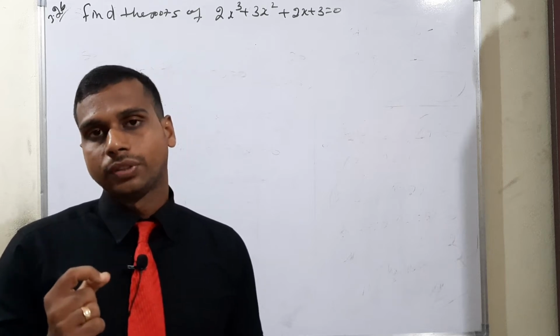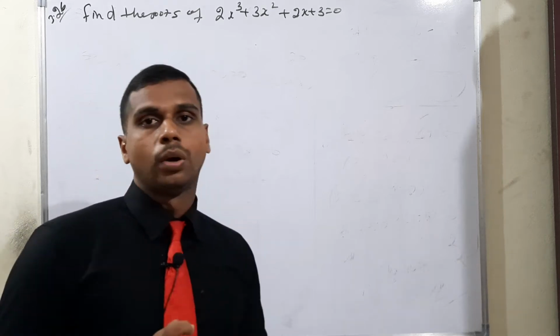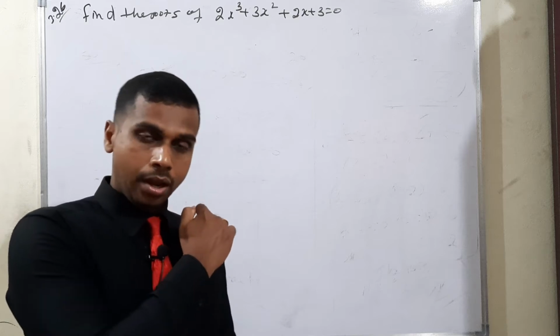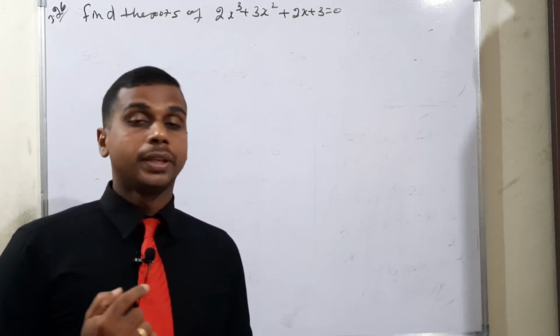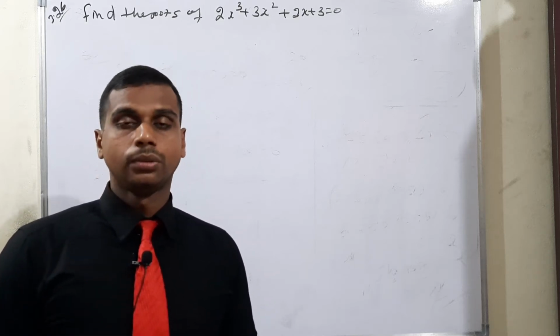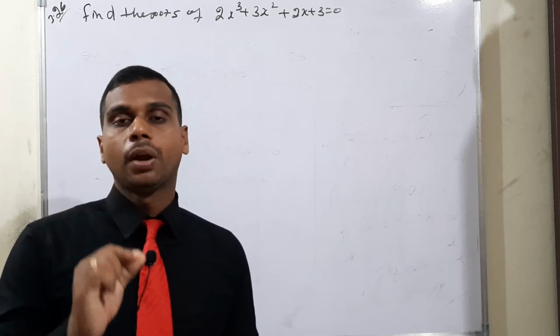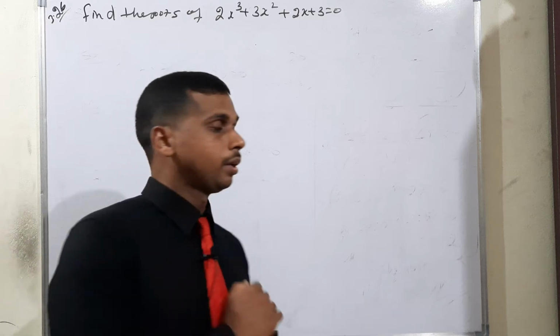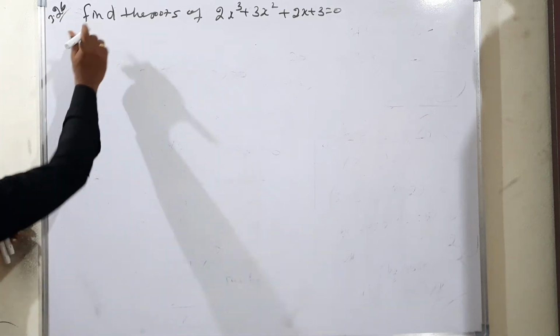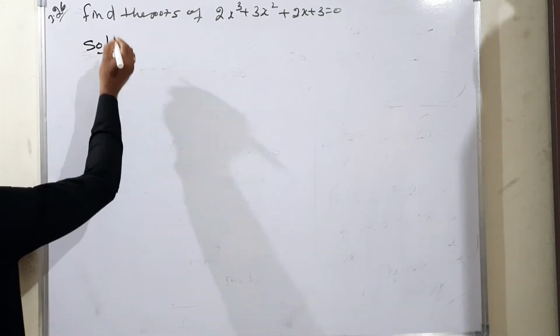Find the rational root of. If it says find the rational root theorem, you have to apply method 2 only. Method 2 means, as in example 3.25, I have done method 2, the synthetic division method. So for such a type of line, find the rational root, you should apply only method 2. Okay, here also, look at it. I am moving to the solution. First I am moving to method 1.